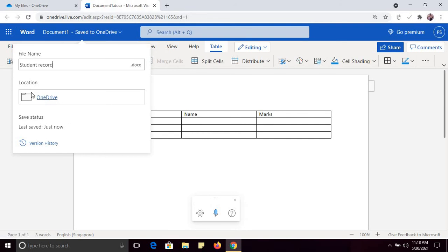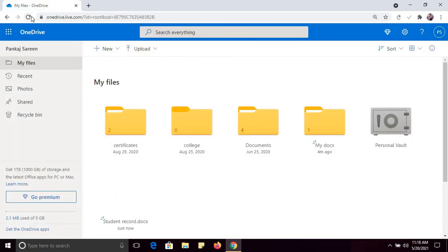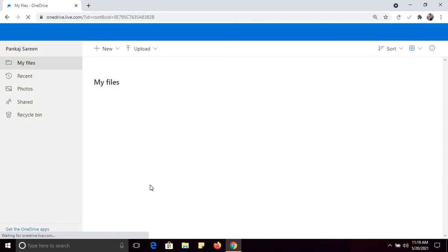You can select a folder from here. So this file I have created. Similarly, you can perform whatever operation you want on this file, and just click close. This is your OneDrive. Refresh it and see this file is in your OneDrive.